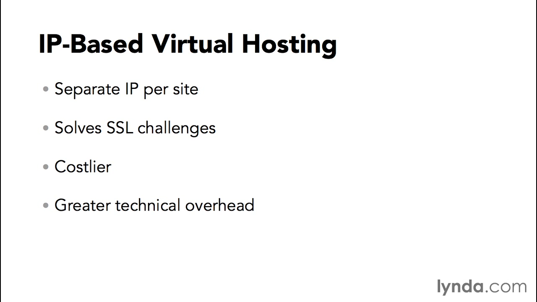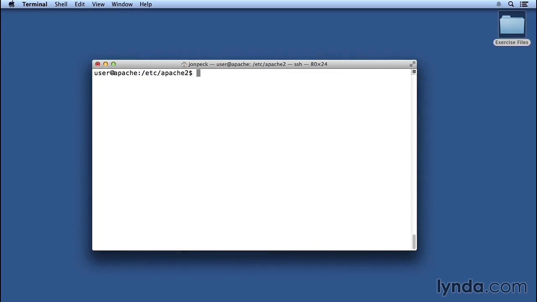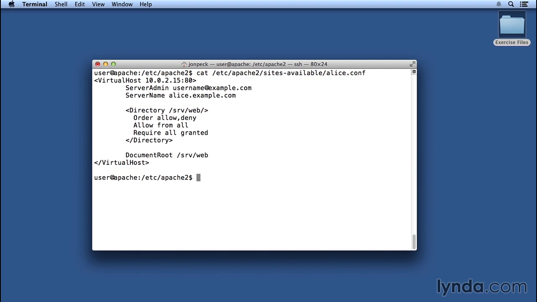With this context, let's go back and take a look at the configuration for the Alice site. Switch back to the terminal. I'm going to use cat to display the entire contents of the Alice configuration. That configuration is found in /etc/apache2/sites-available/alice.conf. The very first line is a directive indicating that this is a configuration for a virtual